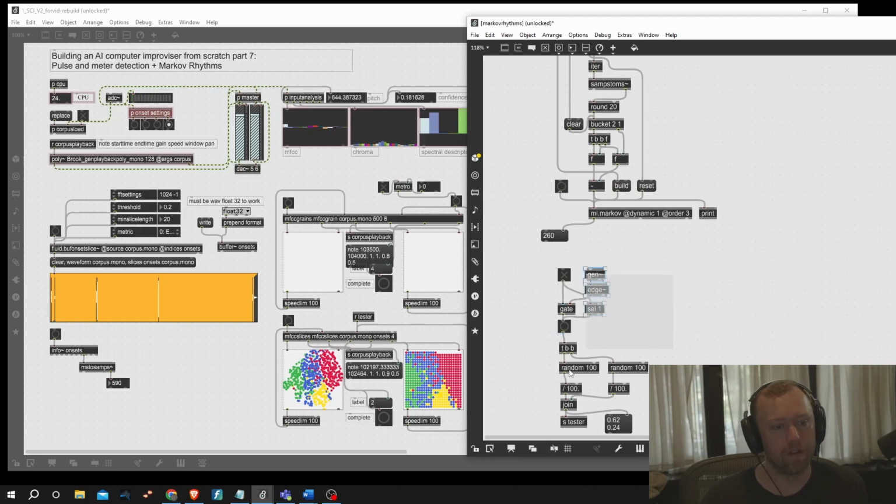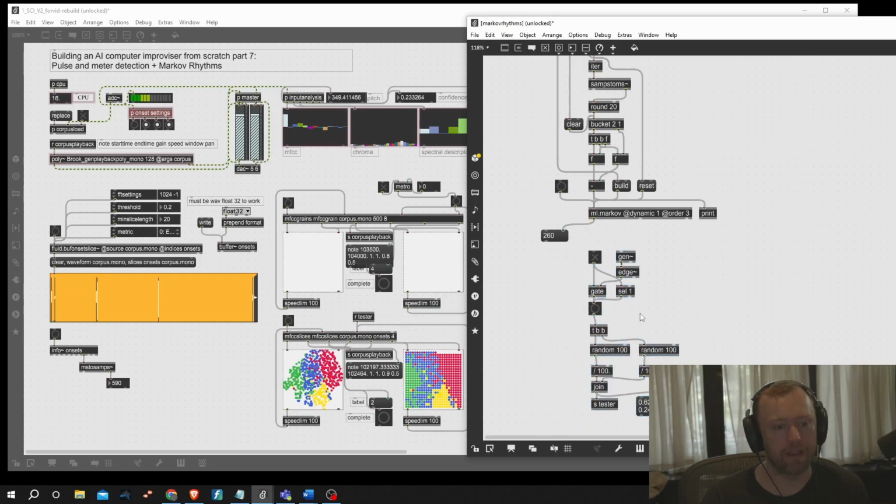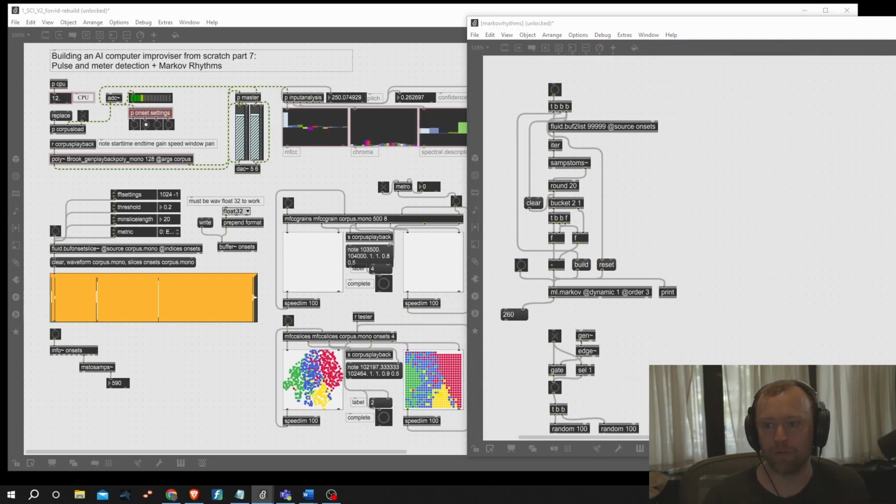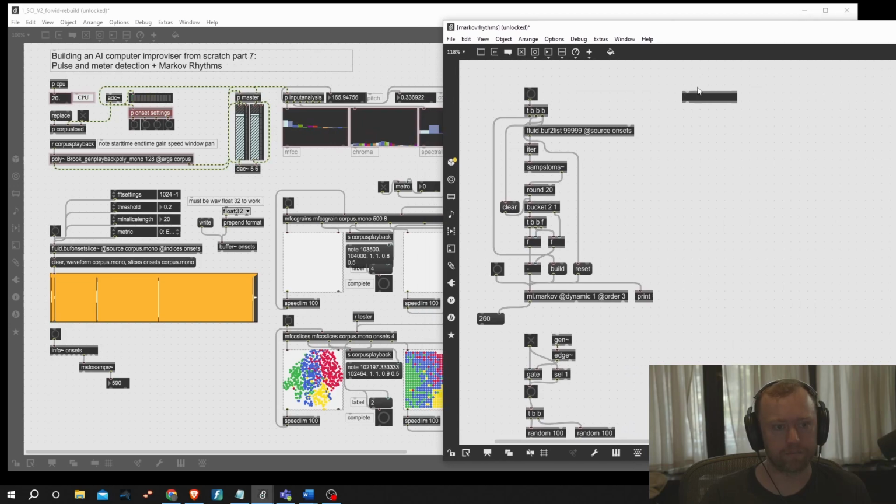Now I'd like to be able to train a Markov chain from the live input, one that's ever evolving, or that could be reset and retrained on the fly. So that should actually be fairly simple. If we receive our onset here, this is the onset detection that is in this p onset settings subfolder. Yeah, we see it's getting our onsets. Now we'll want off the bat to have a gate so that we can add to the training,